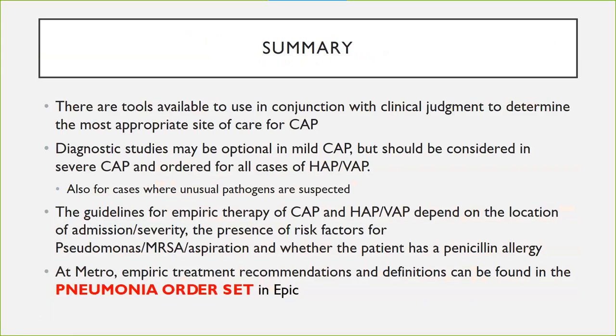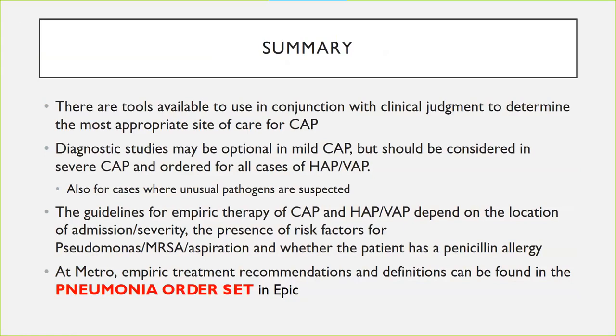So to sum it up, there are tools available for use in conjunction with your clinical judgment to determine the most appropriate site of care for community-acquired pneumonia. If you're treating the patient as an outpatient, you may not need to do diagnostic studies, but they should be considered for severe community-acquired pneumonia and ordered for all cases of HAP or VAP. Also, in any case where you're suspecting an unusual pathogen,